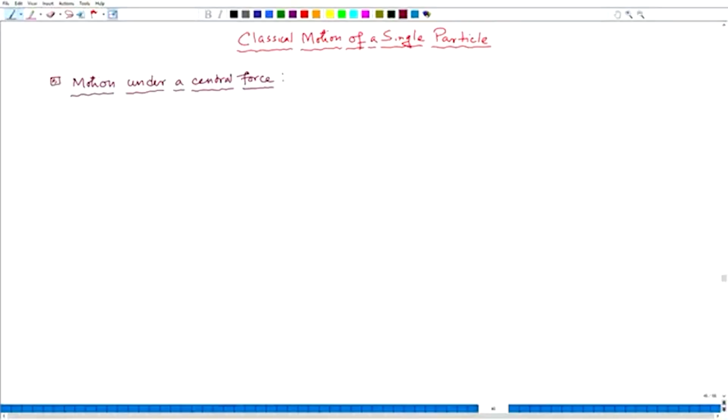Hello and welcome to another lecture of classical motion of a single particle. In this lecture, we also continue our previous discussion on the motion under a central force. So, let us assume the particle of mass m is moving under a force